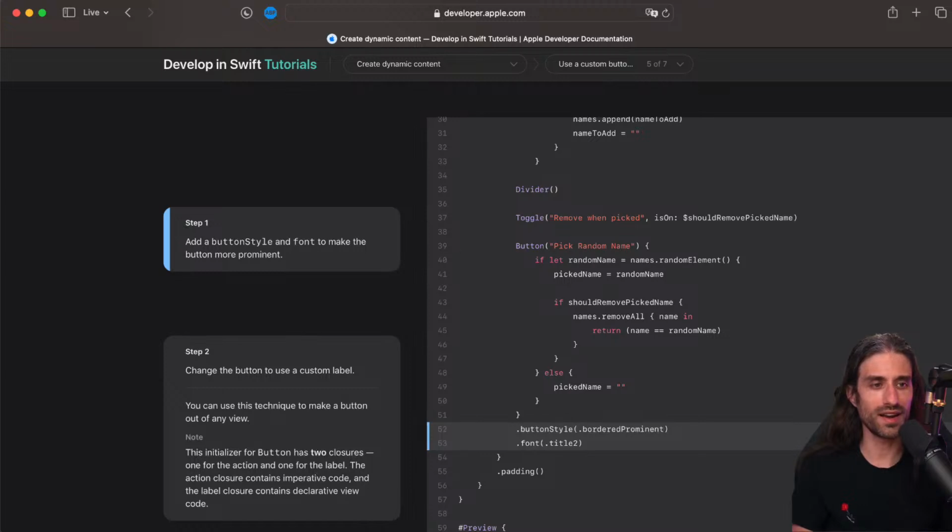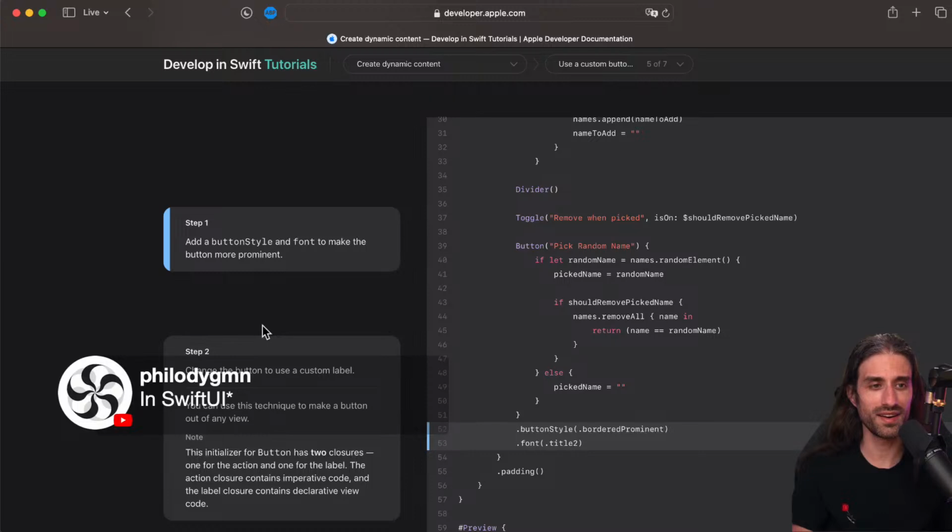In SwiftUI, maybe I made a mistake somewhere and I said UIKit or Swift instead of SwiftUI. I've probably said something wrong without realizing it. So thank you for correcting it.